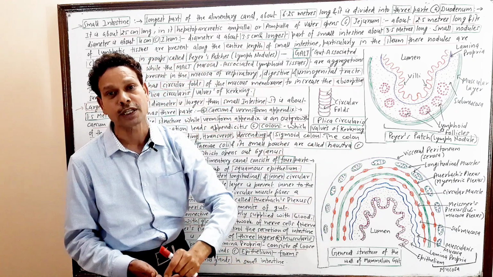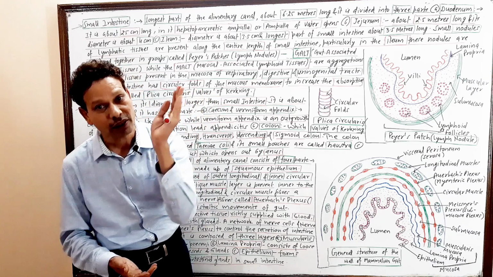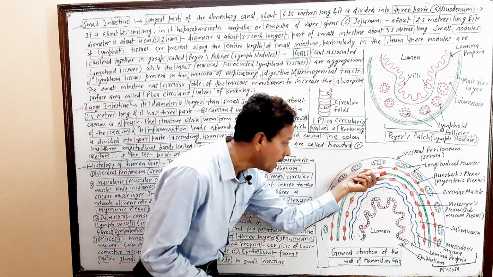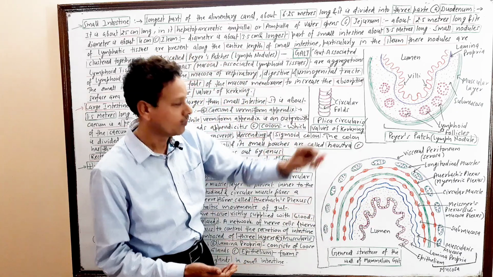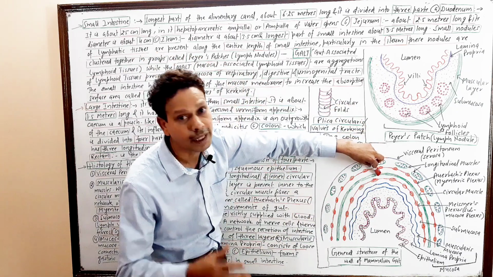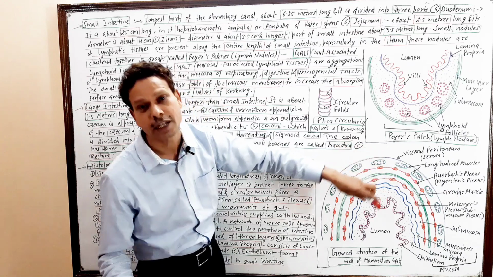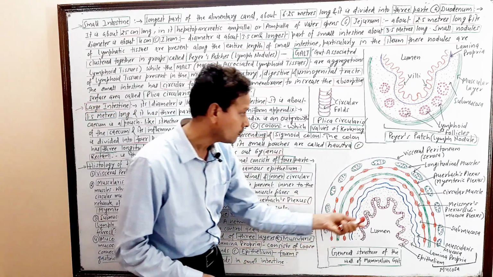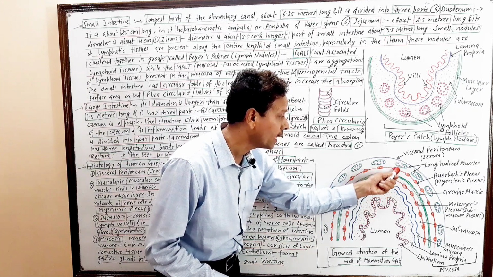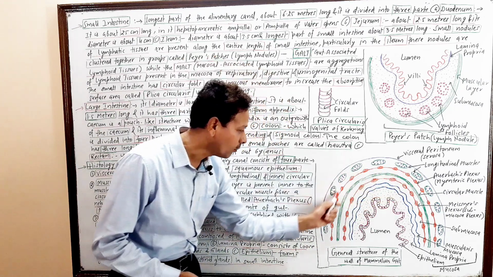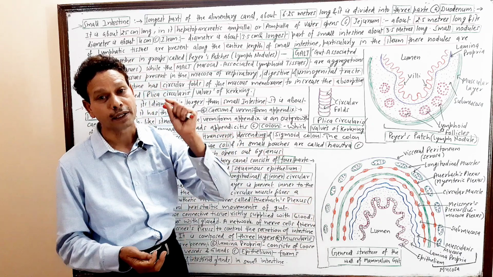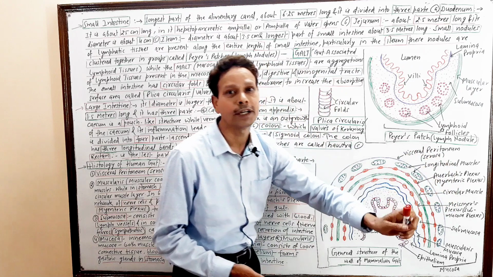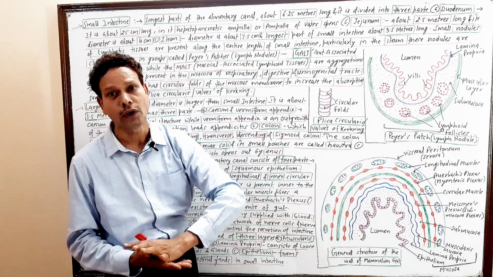But in the stomach, an additional third layer, oblique muscles, is present inside the circular muscles. Between the longitudinal and circular muscles, the network of nerve cells and nerve fibers is Auerbach's plexus, myenteric, which is responsible for the control of